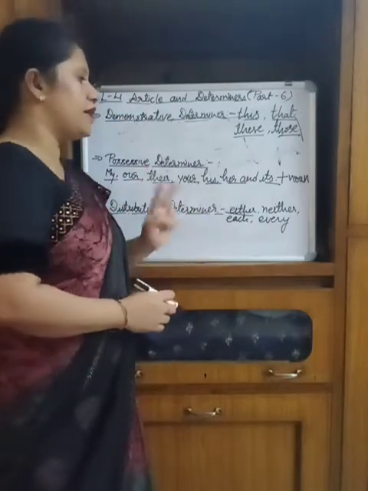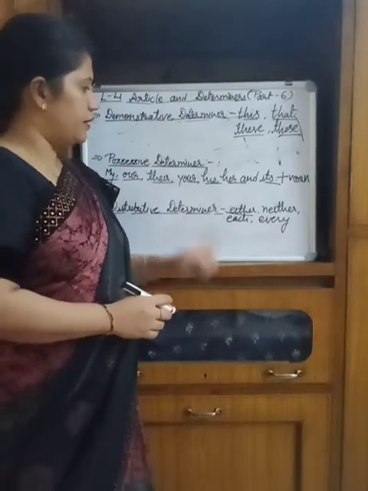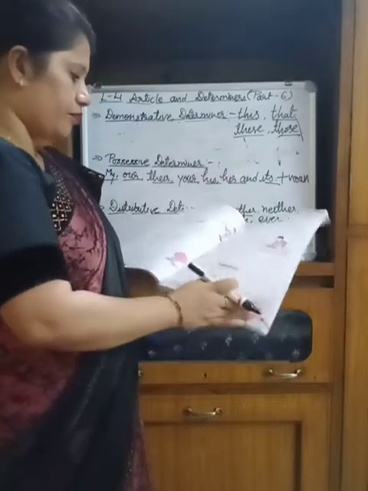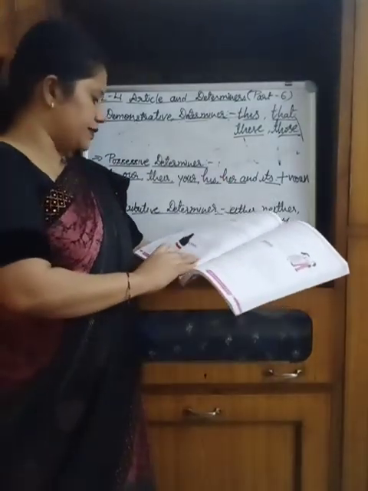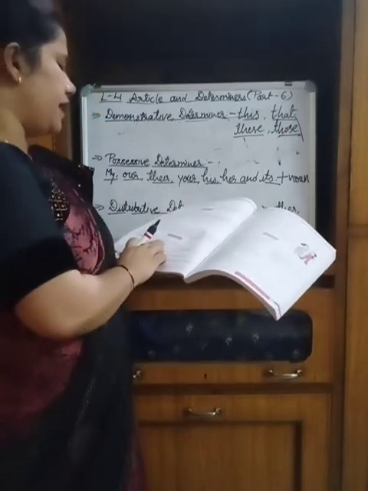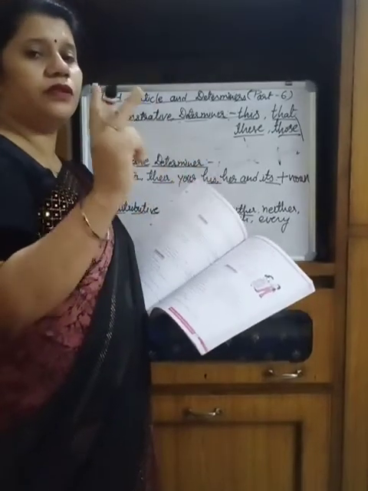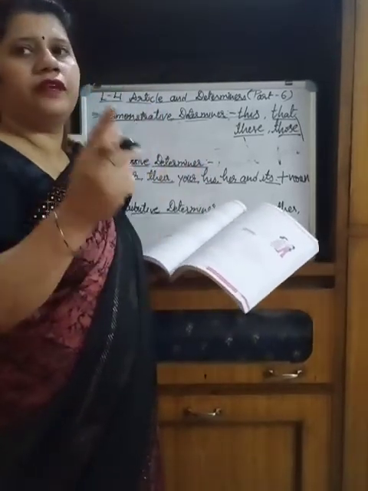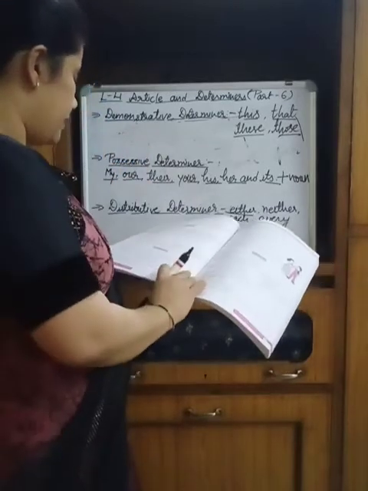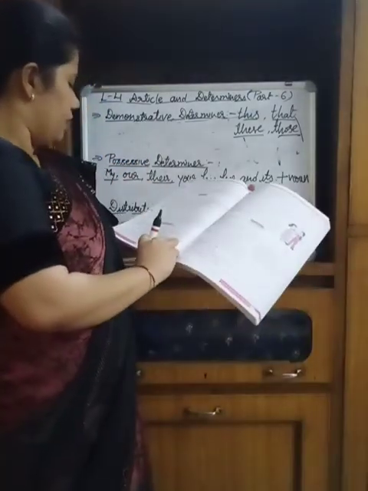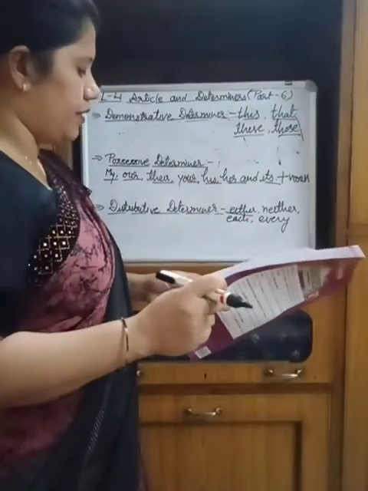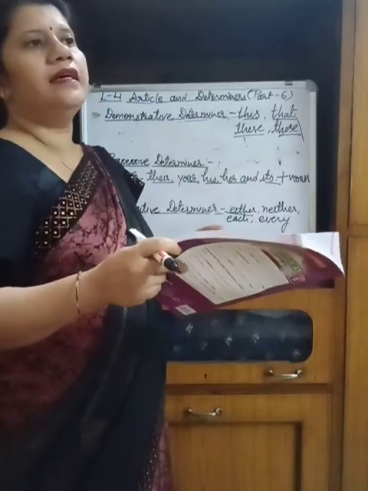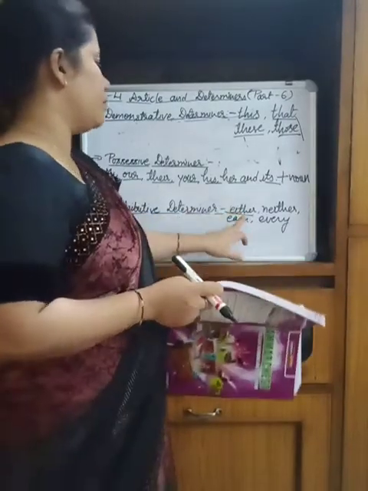When there are two options and among the two we have to decide one, then we use the word either. Let's see the example given in your book on page number 32. You can use either pencil. There are two pencils, and among the two you have to select one. So when we have a selection between the two, we use the word either. We also use either to refer to both the things or both the persons.